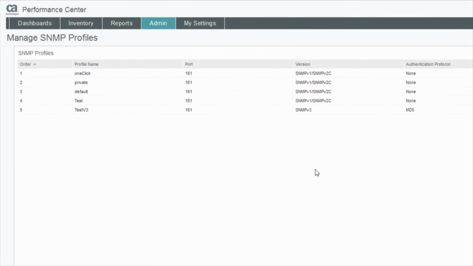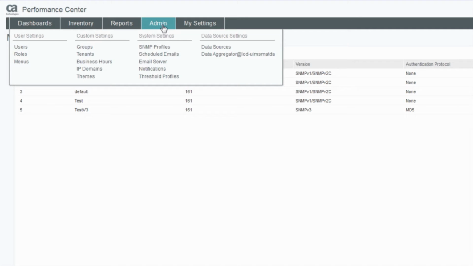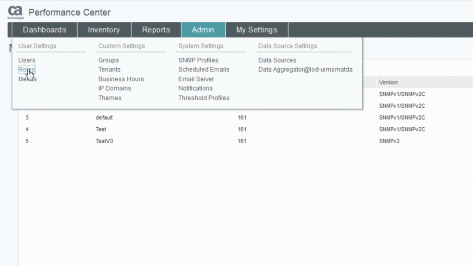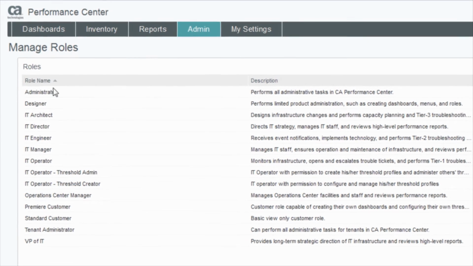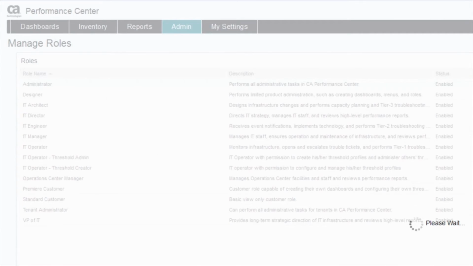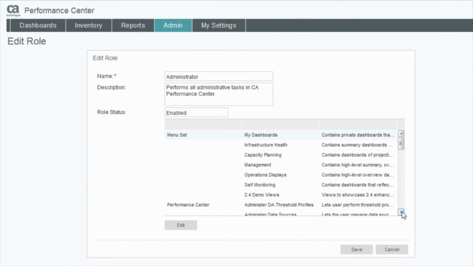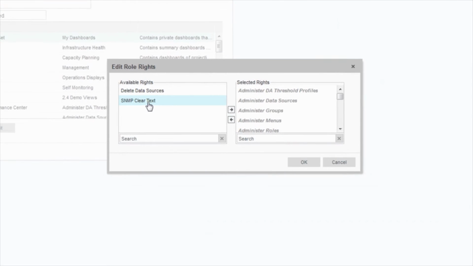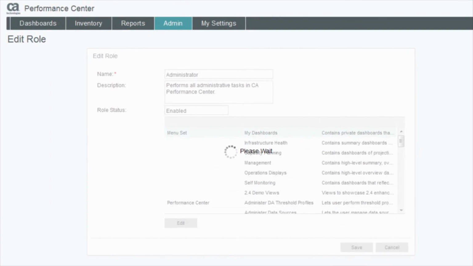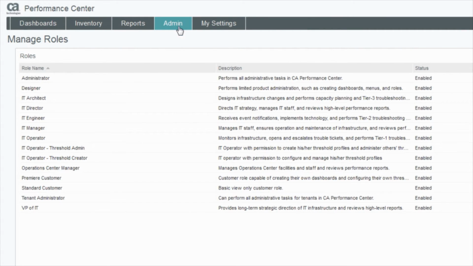So there we've successfully added 2 SNMP profiles, and I'll go in and show you the roles here so you can actually view what those strings are if desired. So if you go into admin roles, we go to administrator and hit edit. We edit our roles here on the Performance Center. One of the available rights is SNMP clear text, so we select that, hit OK, hit save,